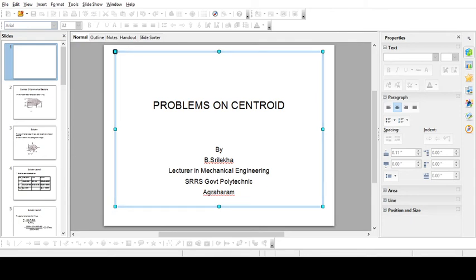As the section is given, okay, so this is not symmetric about any axis. So we need to find values of everything. Okay, from every edge you need to find. So let us take. So first the centroid is of